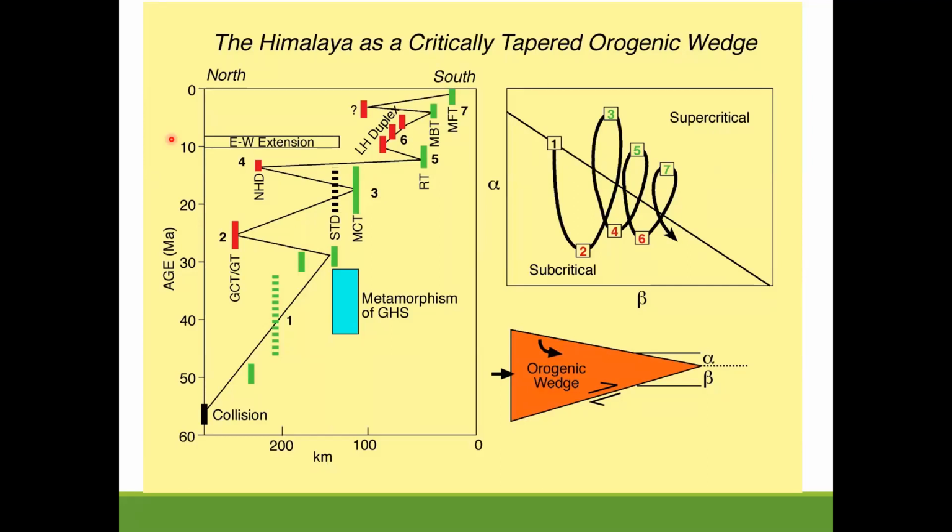Well, one of the hypotheses is that if there is a ductile channel, then you'll get compression on one side and extension on the other side, and that's one of the main evidences that supports channel flow. The STD, being its northern boundary, is slipping in a normal manner, and the southern boundary is your MCT, which is slipping in a reverse manner. So that basically is consistent with a ductile channel. That is one of the evidences to support channel flow.